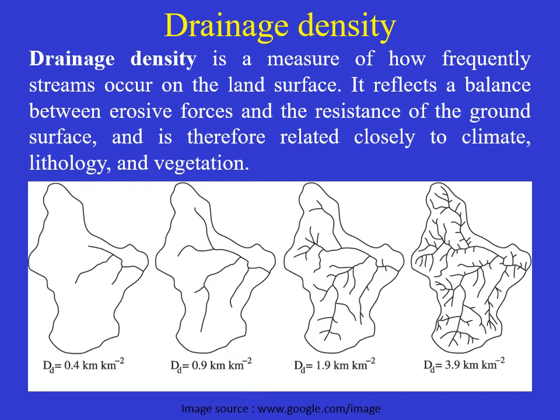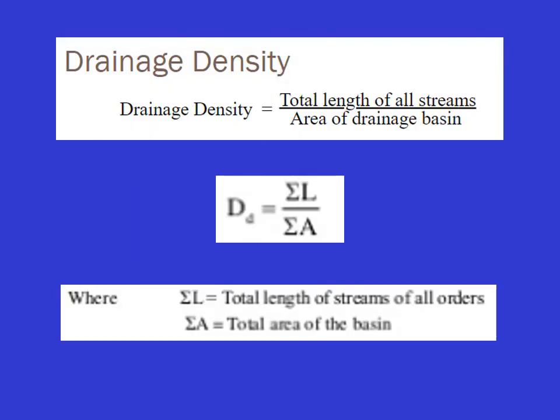So obviously, it shows a relation between the nature of the rock as well as the erosive force of the flowing water and the resistance force of the rock over which it flows. And obviously it will also depend on vegetation, climate, lithology; all things are factors for determining the drainage density. Now, mathematically, drainage density can be estimated by